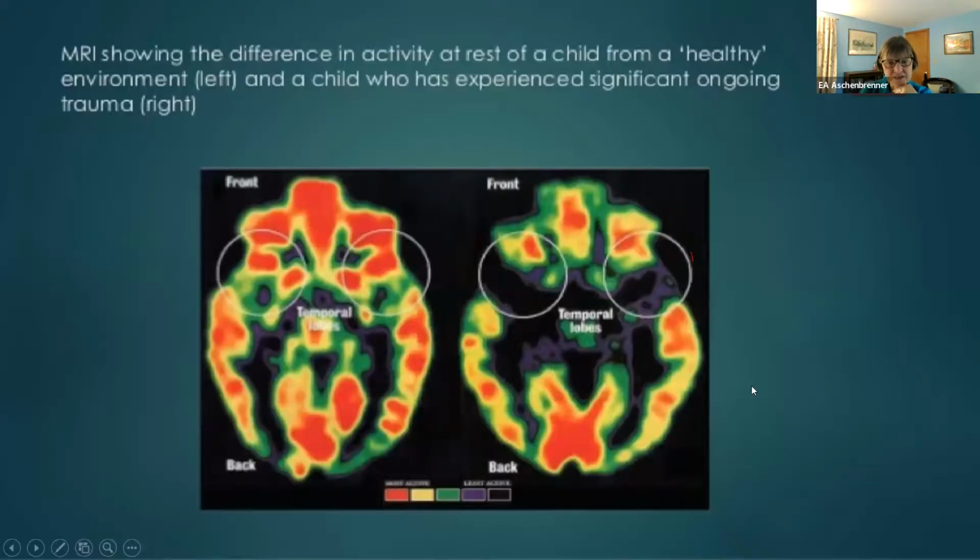I share this slide. I think it's just incredibly powerful to look at these two MRIs, or I think they're PET scans too, that look at a child. The brain scan on the left is a child who has low anxiety, more of a positive climate. And what you can see very clearly is the access to the prefrontal cortex, right? You can see that that's happening for the child. On the right is a child who has significant trauma. And so again, what this does very vividly is